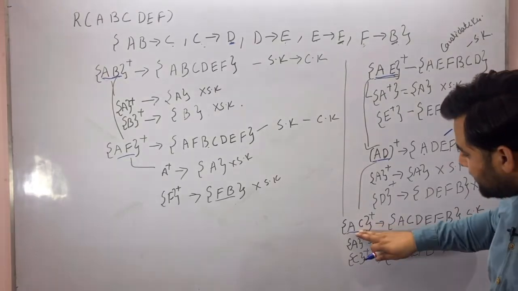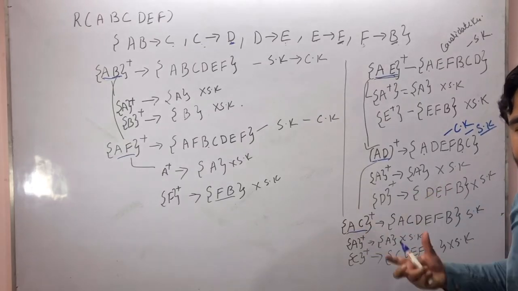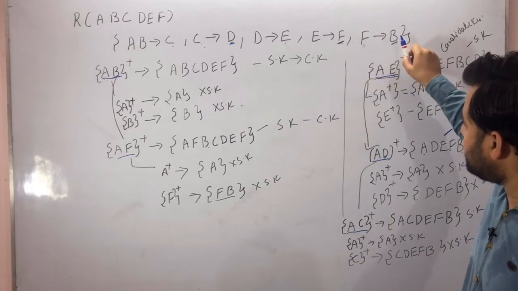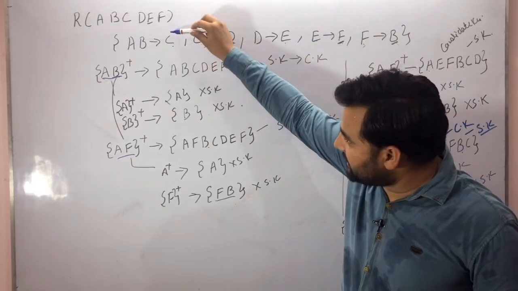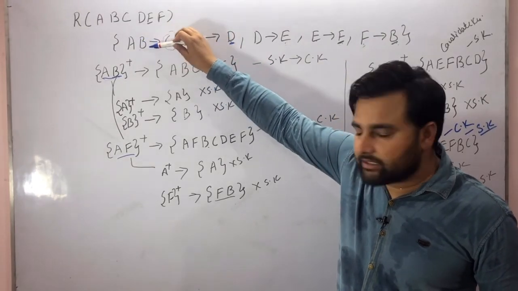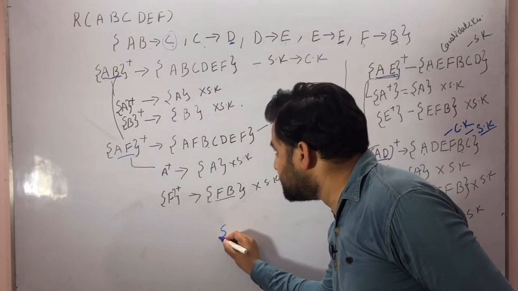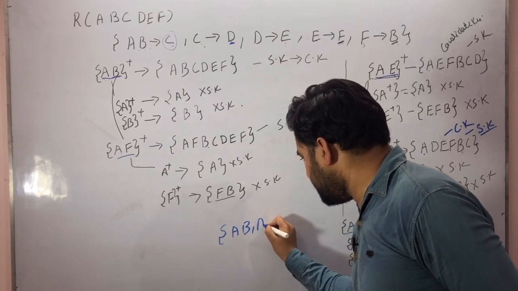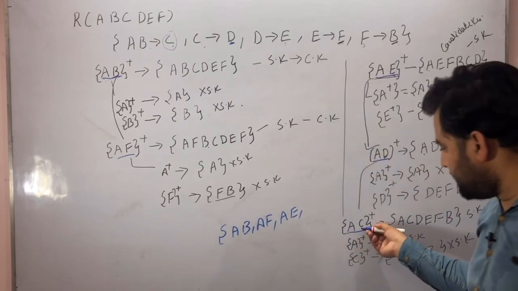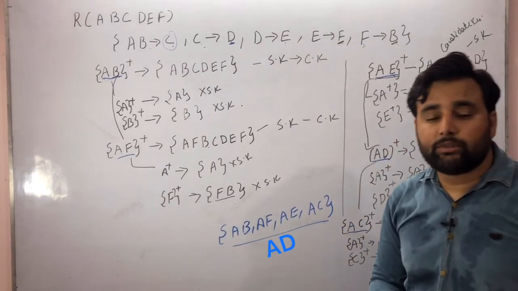Okay, so now let's find out whether this candidate key or any subset of this candidate key is determined by any attributes. So I will check here student whether I find A and C on the right side. Here when I'm checking, this C is here, but we have already found this AB as a candidate key. So what is the meaning? How many candidate keys are possible in this relation? That is AB, AF, what is the next one? AE, and the next one is AC. Okay, so these are the candidate keys possible in my relation.